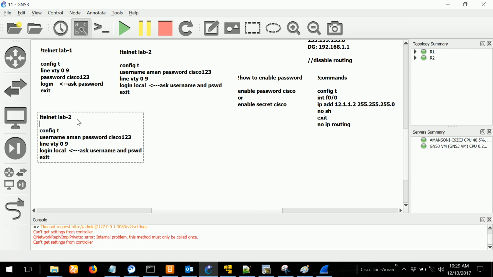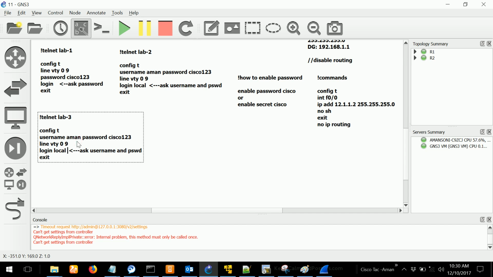So I'm not going to do all of them, just these 3. Google it, check the Telnet commands. A lot of fancy things are there. How many attempts of Telnet password you want? After 3 attempts, they will get a warning. They will be logged out for 1 minute. If you do not exit out of the Telnet session after 5 minutes of idle timeout, you will be automatically kicked out. A lot of fancy commands are there.